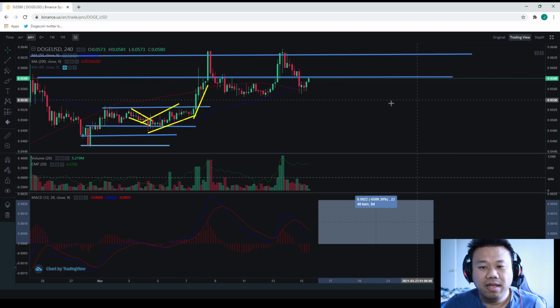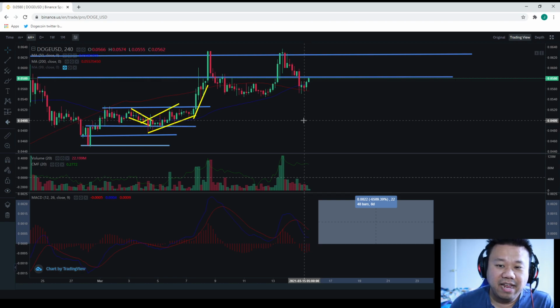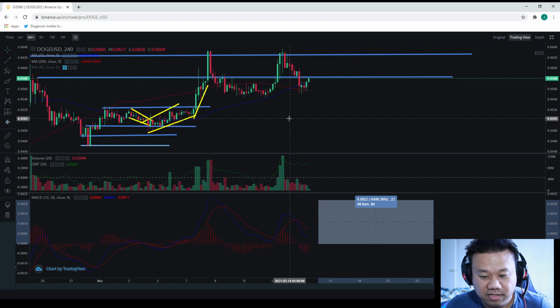I don't see it happening, because we can see on a 4-hour MACD here, I'm on the 4-hour chart, the 2-hour MA is becoming support for the most part. And as you can see, another very bullish movement we're seeing for Dogecoin on a 4-hour chart. The 50 MA did a golden cross on the 200 MA on March 14 around 5